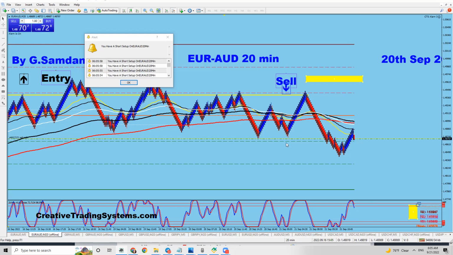Okay, no problem. And then I'm going to put the SL here, which is 27 pip. Okay, it's a little bit higher because the red candle is not finished yet. We have to see if the first red candle finishes and the second starts already, and then it's supposed to open the trade. But I have to go